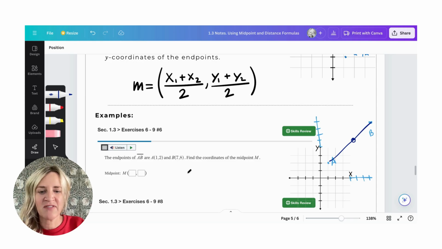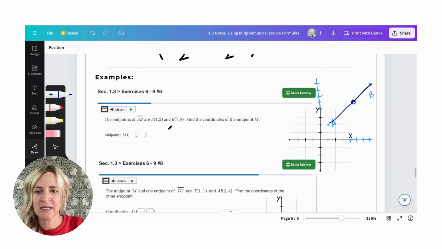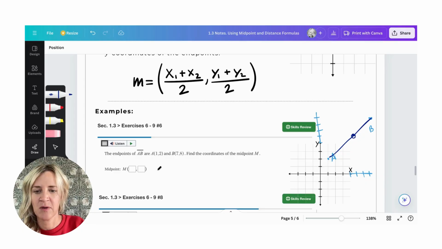You plug in your x values and find the difference. So midpoint is equal to the sum of our x values. So our first x is 1. Our second x is 7. Divide that by 2. And our next coordinate, the sum of our y's, 2 plus 8. This is nice. I like it when they turn out even, divided by 2. And so our